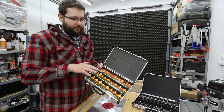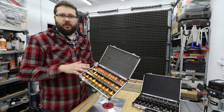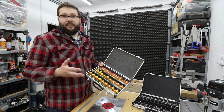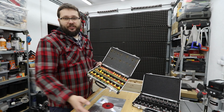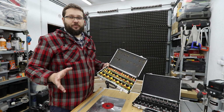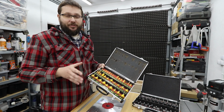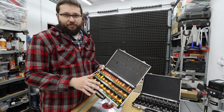Right, so let's start with the no-name Chinese set of router bits. I've had it for at least 3, maybe 4 years now. And why did I get it? Because it was cheap. Okay, it was cheap and there are 35 pieces in this set. And I thought to myself, that was an absolutely fantastic deal. I'm going to buy them. To be absolutely honest with you, most of the bits have never been used by me,